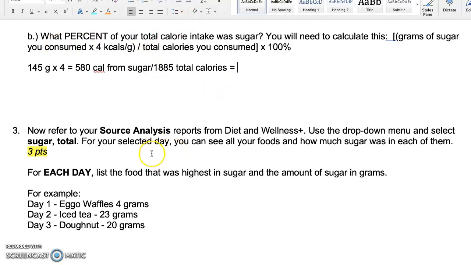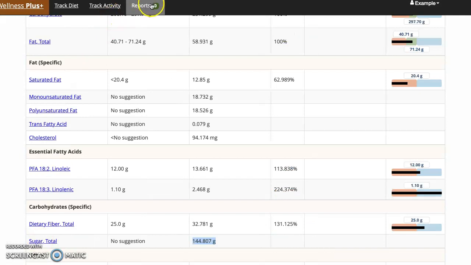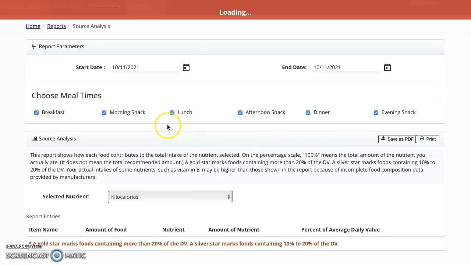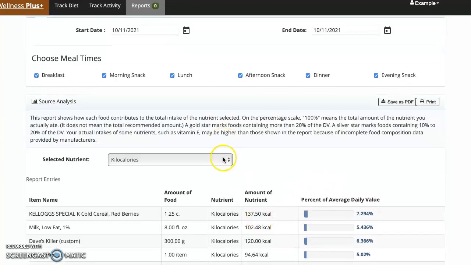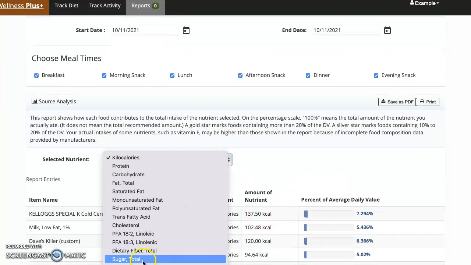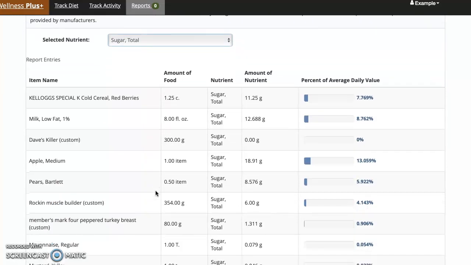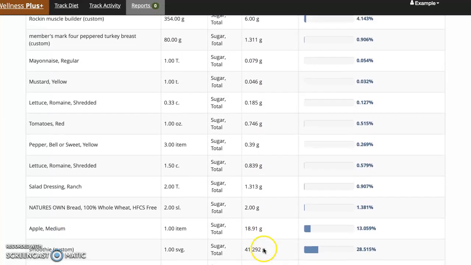All right. Okay, I'm going to go over the source analysis report quickly here. We're going to find the food highest in sugar for each day. So again, when we're isolating each day, you're going to make your start and end date the same. You can select a specific nutrient, total sugar is what we're looking at, and you scroll down and find all the different foods, and it tells you how much sugar is in each one. Okay, so you scroll down and it looks